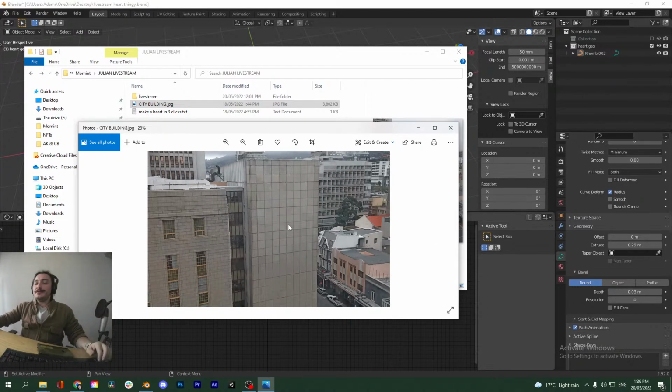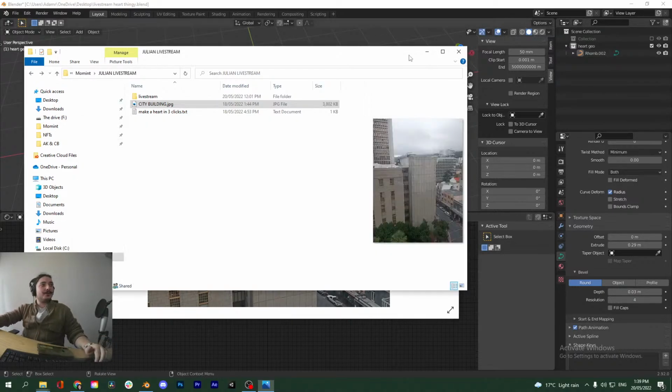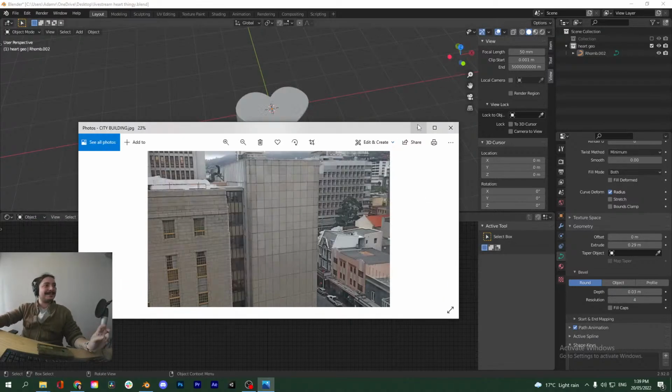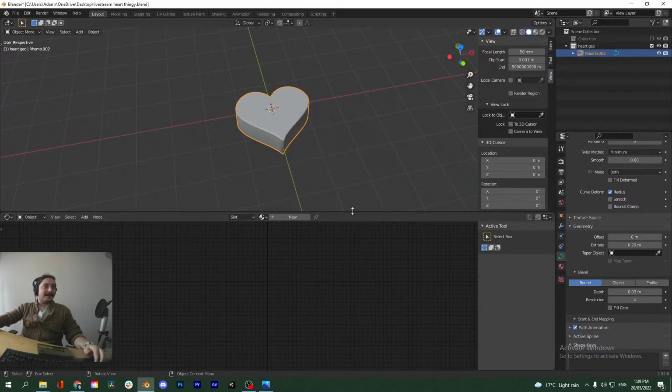So anyways, thank you guys so much for tuning in. Hope you learned something. I know I rambled quite a bit, but do what your heart desires, no pun intended, with this method to make this heart. You could even set up a particle system and make hundreds of hearts emit from an envelope, for example, if you want to do a Valentine's Day render. I'm sure you guys can think of more creative ways.